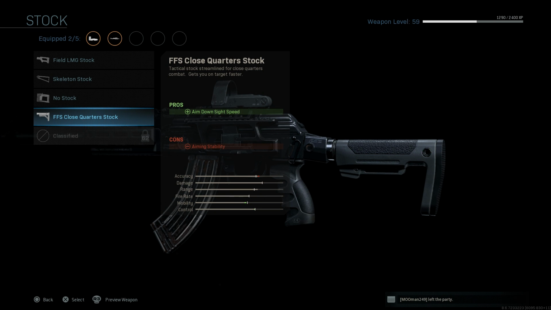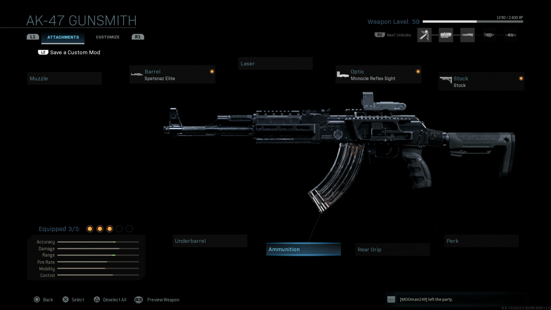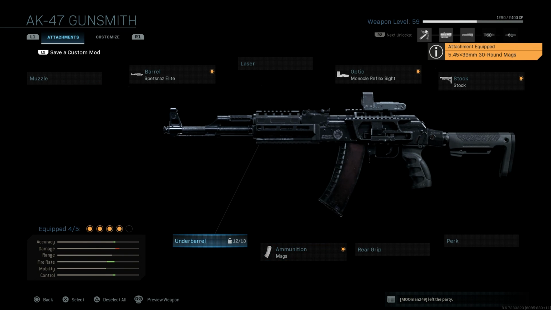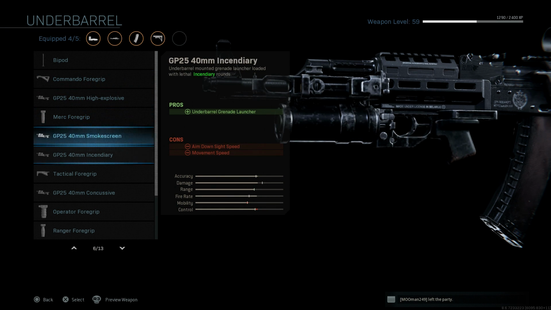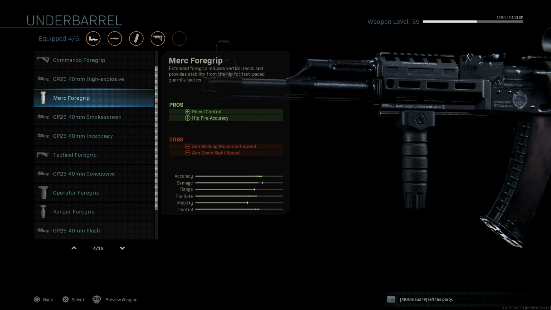This is going to help our ADS speed, and our cons are going to be the aim and stability, but it gives you that modern look that the AK-12 and AK-15 variants have. So we're going to do that. We're going to skip out on the perk and the grips for now. Ammunition, the key for this is you want the 5.45 by 39mm 30-round mag. And then for the underbarrel right now, we're going to be running the Merc foregrip, I believe, is the best one, because it's going to reduce our